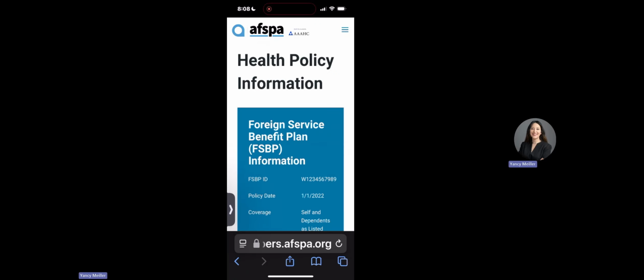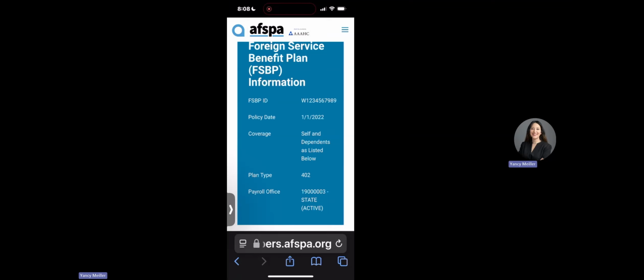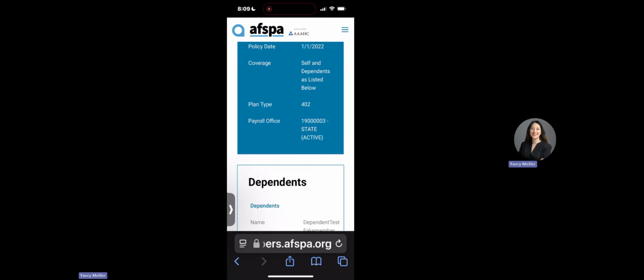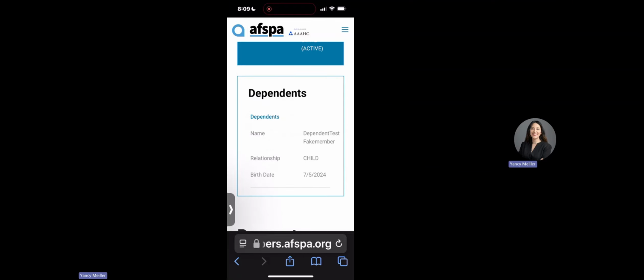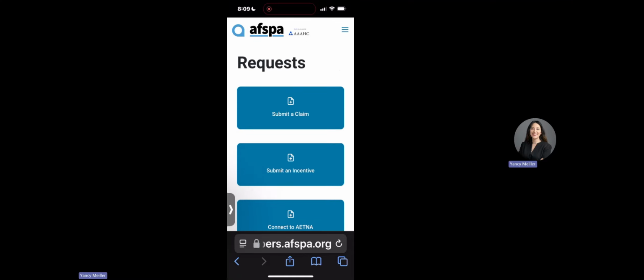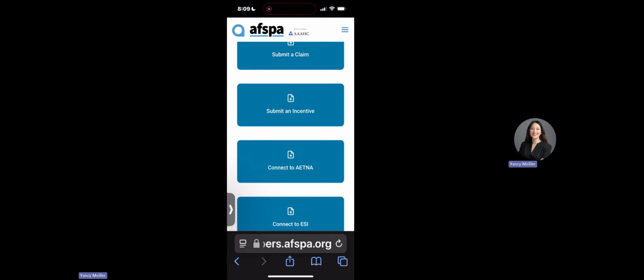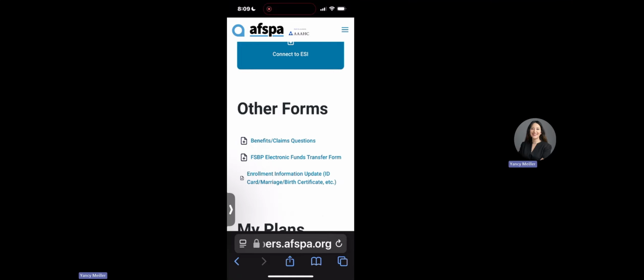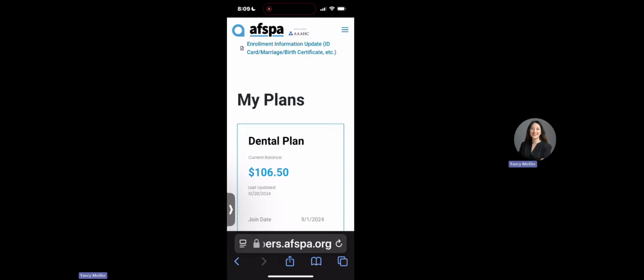From the main home page on your mobile device, you will see the health policy information once again. If you scroll down a bit, the same information is visible to you: FSPP ID, policy date, coverage, plan type, payroll office. Scrolling down a bit, we see the dependent section with the dependent name, relationship, and birth date. Scrolling down, we find the same 4 links as earlier: submit a claim, submit an incentive, connect to Aetna, connect to ESI. The other form links,